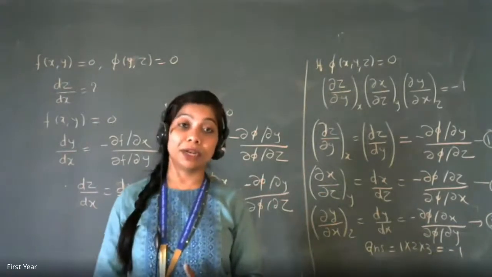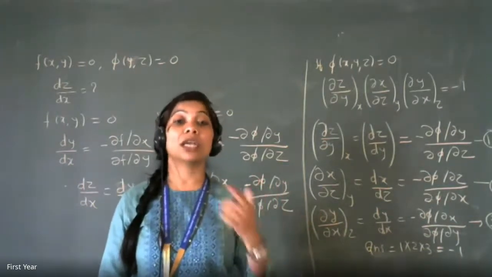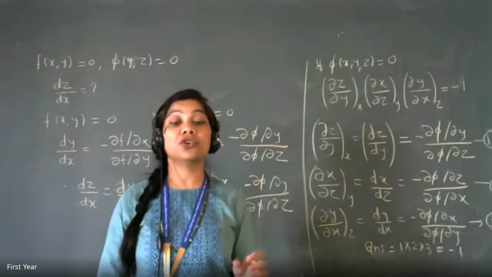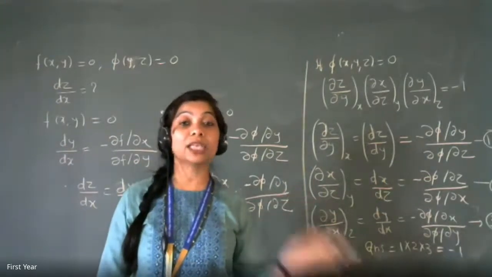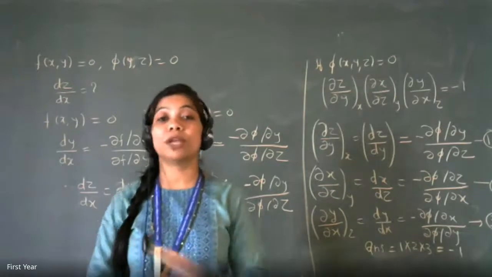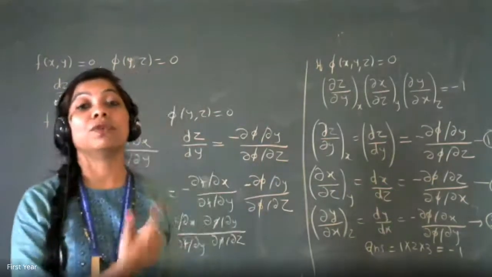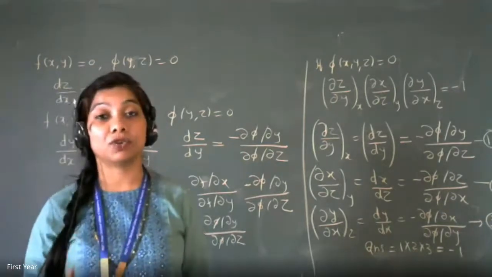It should be eliminated. If you are asked to find the derivative of x with respect to theta taking u constant, the relation should be only between x, u and theta. Even if there is one more or two more variables, those variables should not be there in your equation. So eliminating those variables, you have to differentiate. That is variable treated as constant.